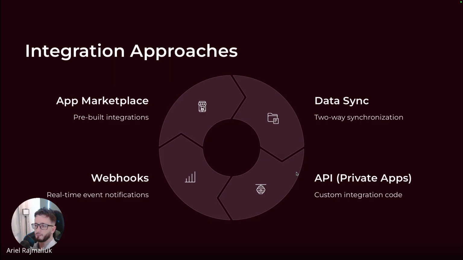Okay, you need to know all the capabilities of HubSpot. You can do two-way synchronization with Operations Hub, you can send webhooks, it has a super robust API, and you can connect to other APIs. And there's a marketplace that you can also use, which basically, if you can do it with the app marketplace, do it. Just keep it simple. But if you can't, there are a lot of other things that you can use. Okay, so just know that you have that at your availability.